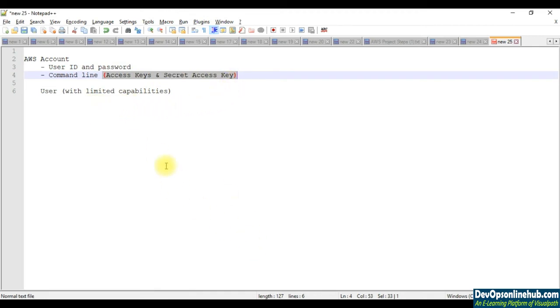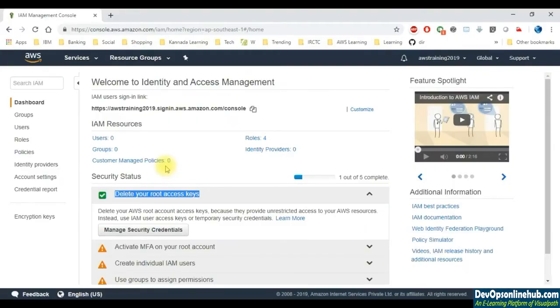So that's the reason, as we see on the console here, by default the root access keys are being deleted, which means Amazon's utmost priority is to ensure that we follow the best security standards, and this is a root account which we have logged in using our Gmail ID or maybe with the company's ID with which you will create one of them. So that was about deleting your root access keys.